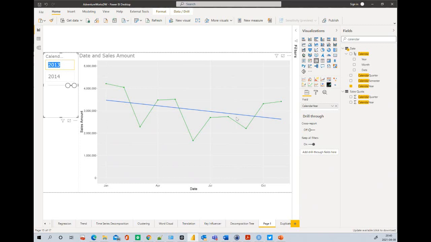If I do not want this to happen, or if I want those visuals to be faster, because now every time I change a filter the whole script is running, and depending on whatever you're doing in the script, like applying machine learning algorithms, a whole machine learning model is built inside of the script, and this can take some time. If you do not want this, and the script should not react to filters, then move the script to Power Query. We can run the same script also in Power Query, but